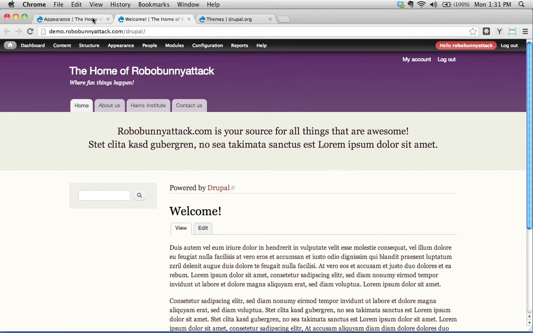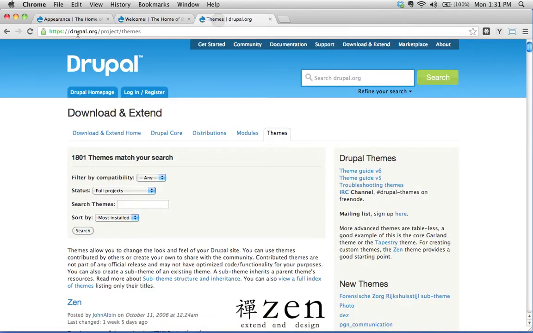So this is where we're going to play around with the themes. We can choose a new theme. So where do we find new themes? Who makes these themes? How do we access them? Again, you go back to the Drupal.org site, same place where we went to check out all those modules, those contributed modules, but this time you're going to go to